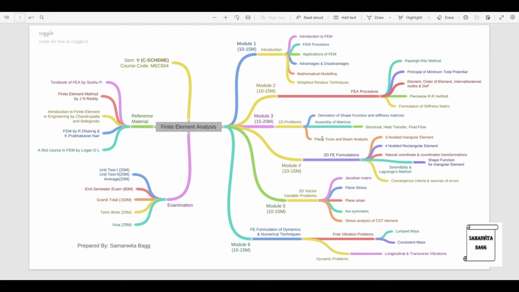And the next one is plane truss and beam analysis. Among truss and beam, you should expect one question definitely in your final exam for 10 marks. So one question from here and one from here can make it 20 marks, or it could be a particular 10-mark question and a 5-mark numerical. So it could be 15 marks also, but 90% of the time you will have two numericals only on this topic. So you should expect 20 marks.